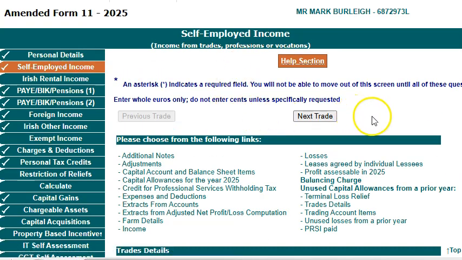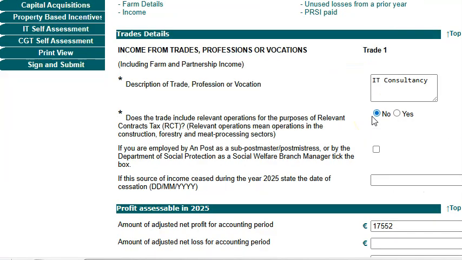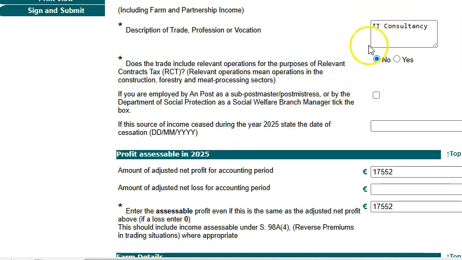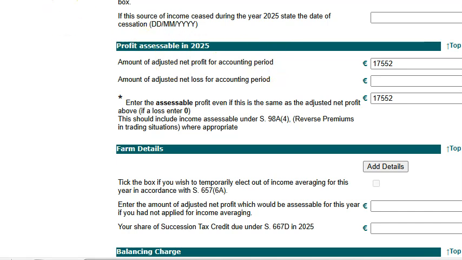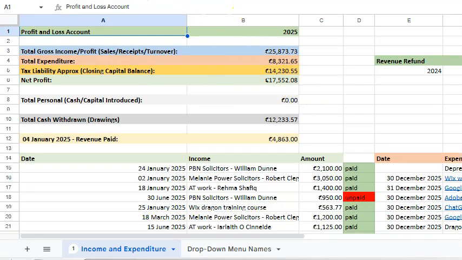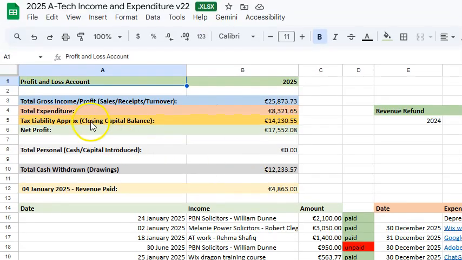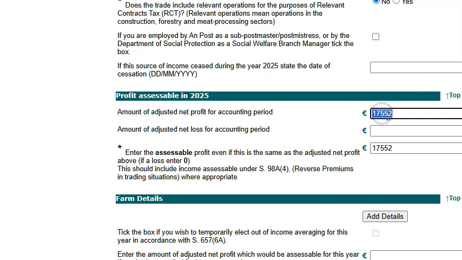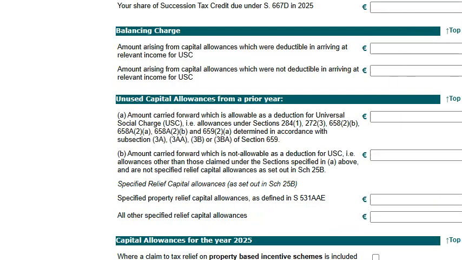So this is the private work. This is the part where you're going to put in information. Let's scroll down, and first aspect here is the name of the company, and then the next aspect is profit accessible, and this is where you need to gain access to your income and expenditure. Now here is my income and profit and loss for 2025, and again it's automatically calculated. So that's my net profit, and if I go in here, you just put the figure straight in there, and then it's the same thing, enter profit accessible, and then we scroll down,